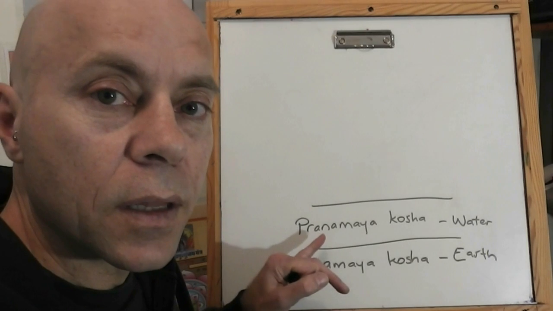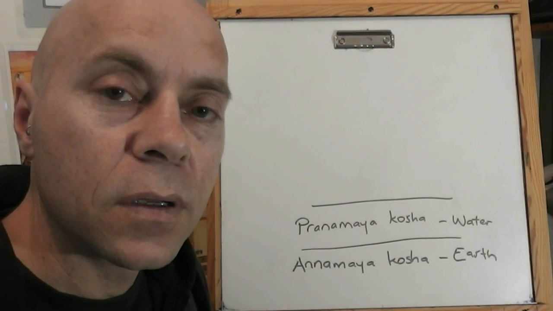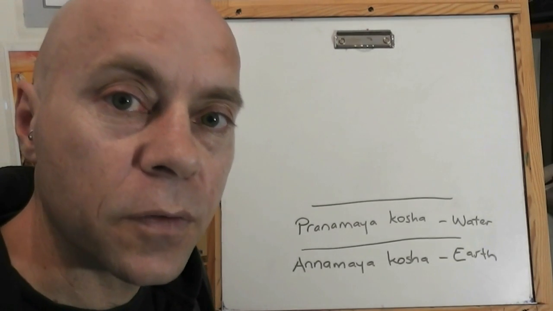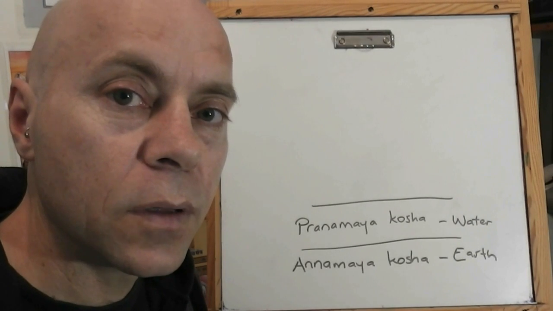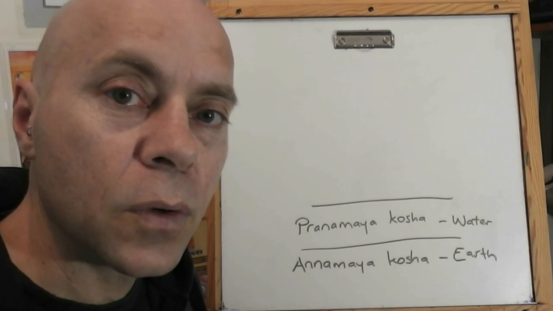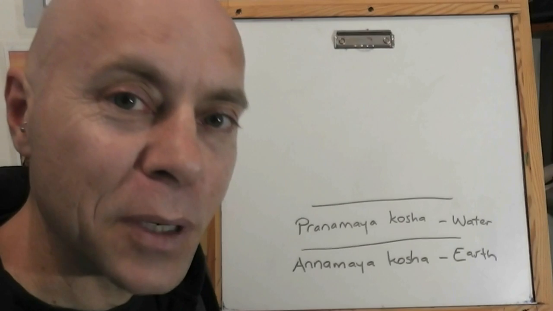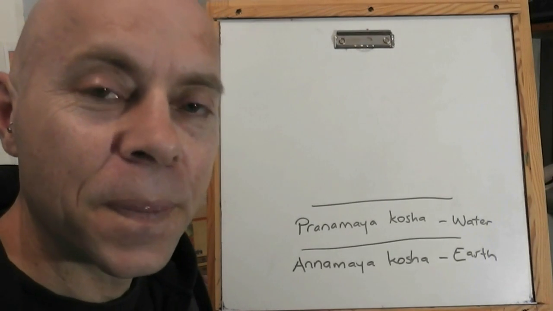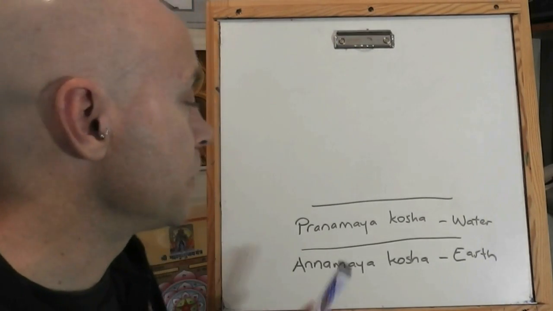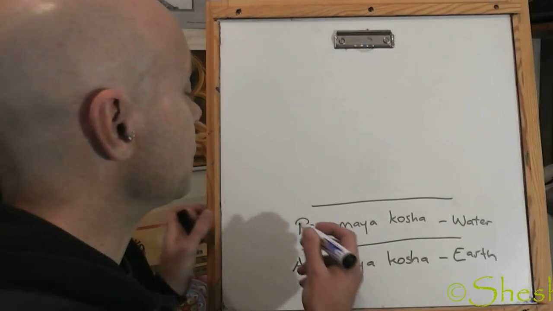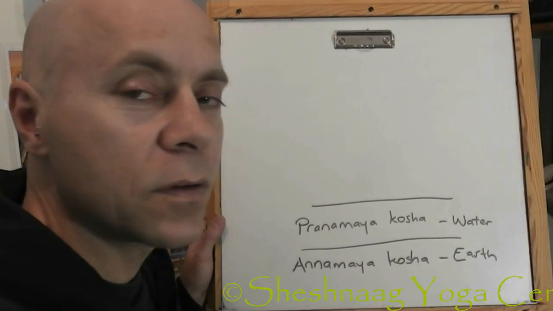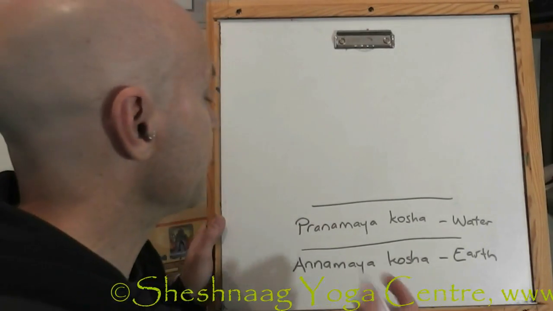So that level there is also dualistic. It's also to do with the energetic experience of the human being in the form of the pranas, but also to do with physiology that allows you to function within the human framework, to do with osmosis, to do with the movement of fluids, to do with the extraction of nutrients. That's the Pranamaya Kosha. The next dimension for the human being is the Manomaya Kosha, which is seen as the working mind.